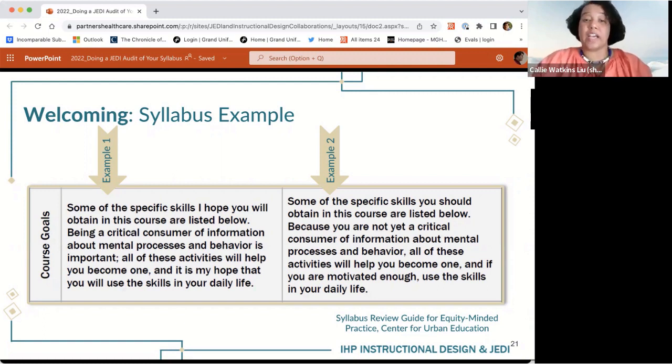So put it in the chat. For you, which one felt more welcoming, example 1 or example 2? All right, we're seeing a lot of ones. And then if anyone